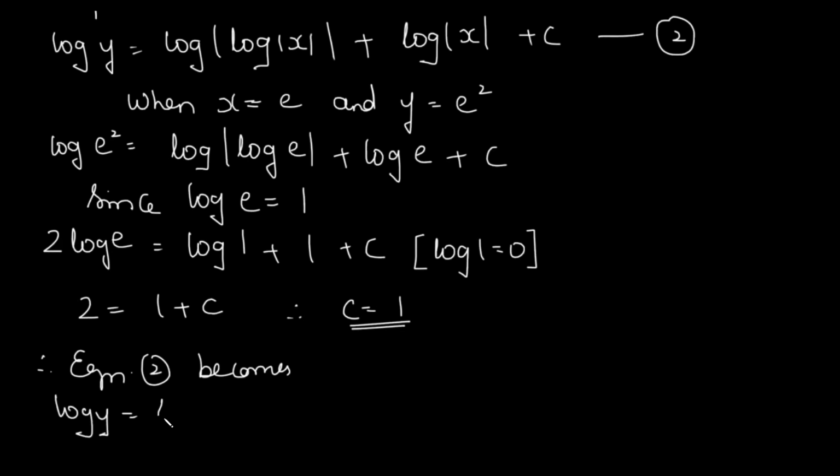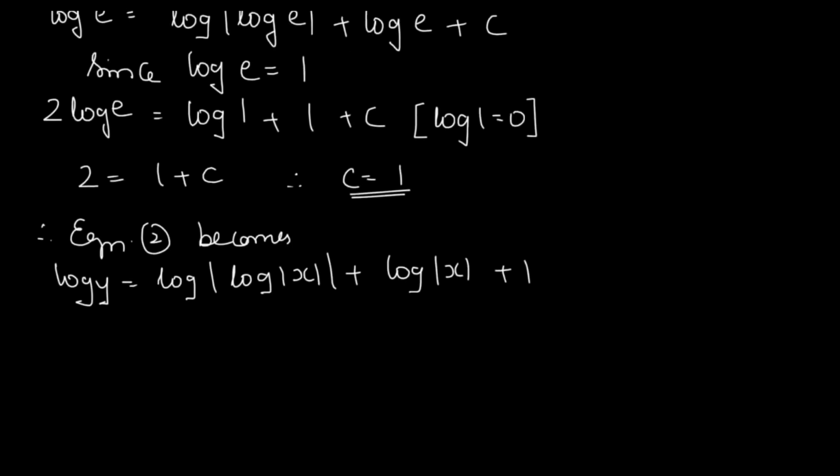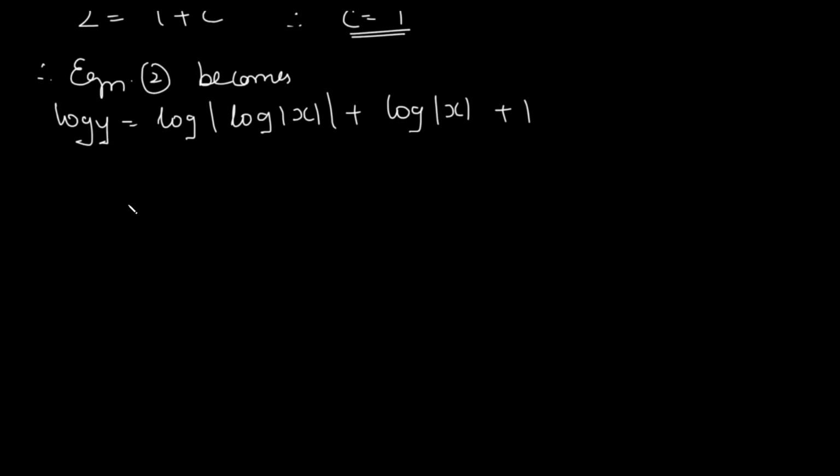log y is equal to log x plus log x plus 1. Now this is as good as our answer, but then we have to get the form as given in the textbook. And therefore, to get that particular answer, we write it this way: log y is equal to, now combine both these logs together. Since there is a plus sign, we can just multiply them together. So log of x log x. This way. So we write log of x log x plus 1.